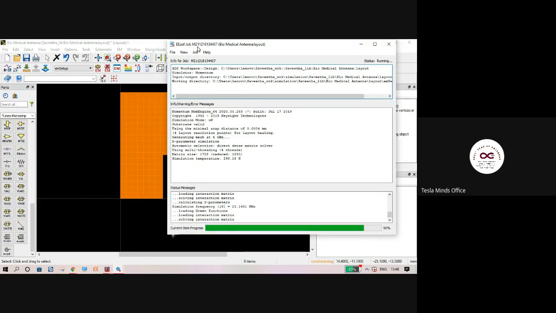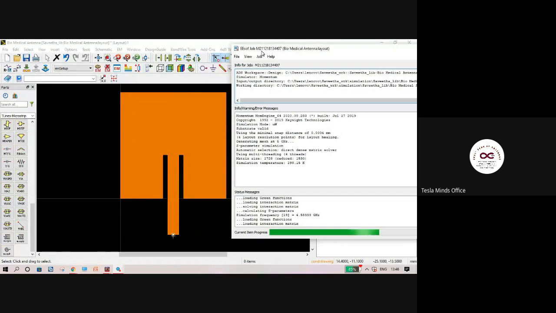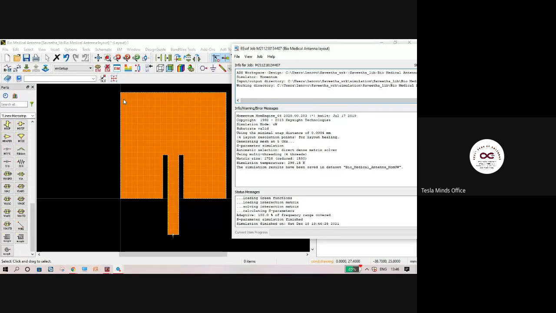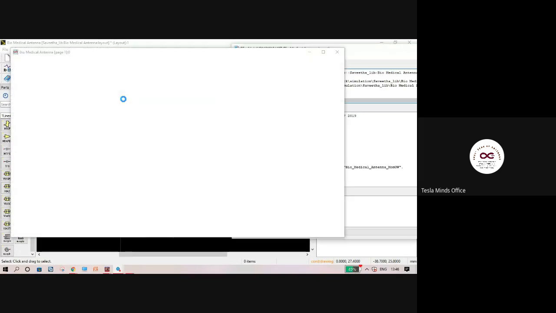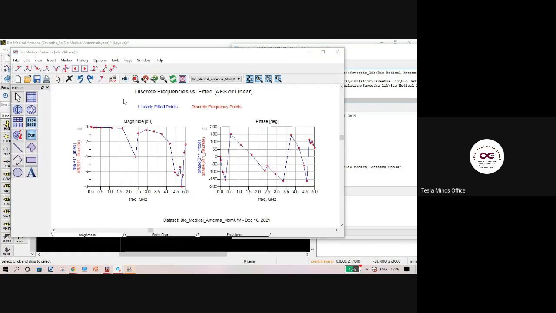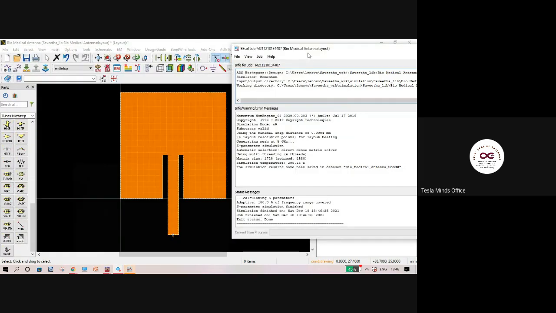This process is called meshing. Meshing is a process of subdividing. It is happening behind the scenes; we don't do anything with respect to that. Meshing is subdividing a circuit, depending upon the frequency range you have chosen, so that you will be able to solve the design quicker and much more effectively.